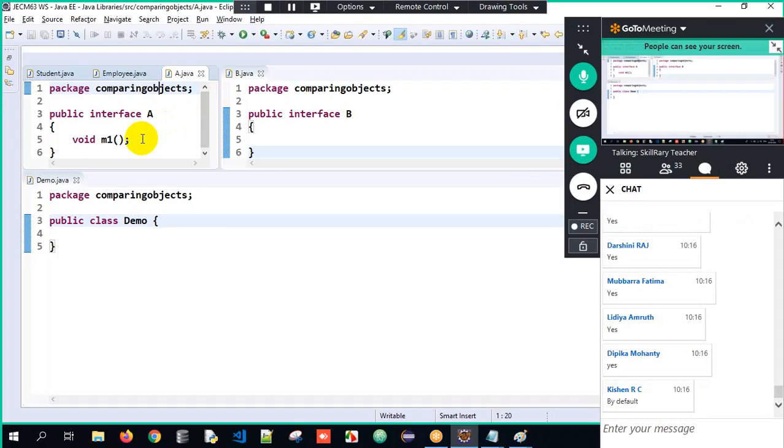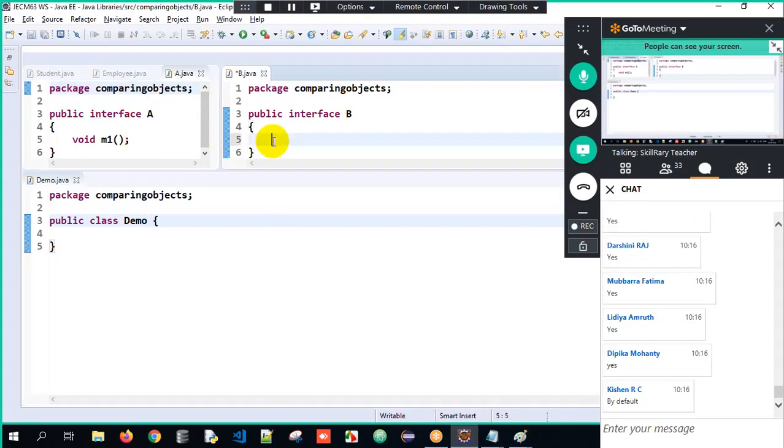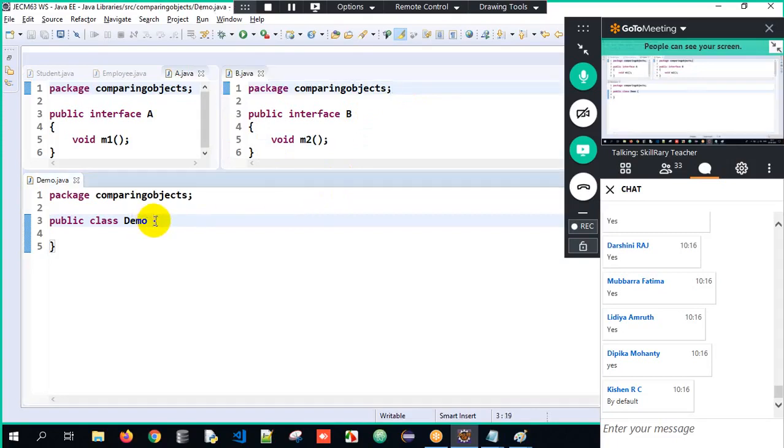But the speciality in an interface is that a normal method automatically behaves as public and abstract. Similarly, I will have one more method, void m2 open parenthesis close. That's it. So I have two interfaces A and B with their respective abstract methods m1 and m2. Now I will write implements A comma B.